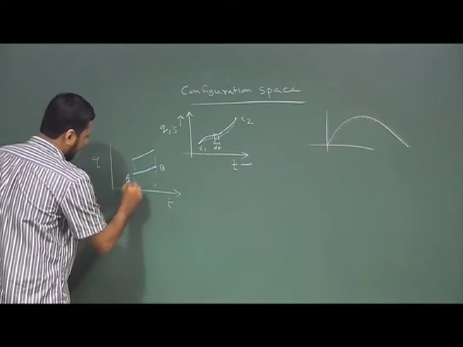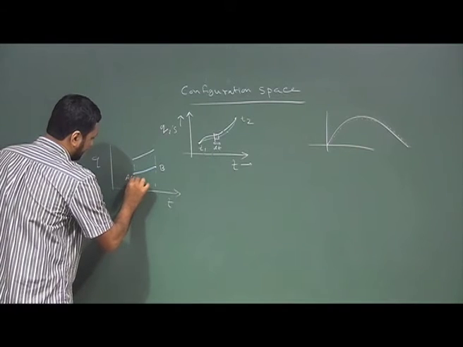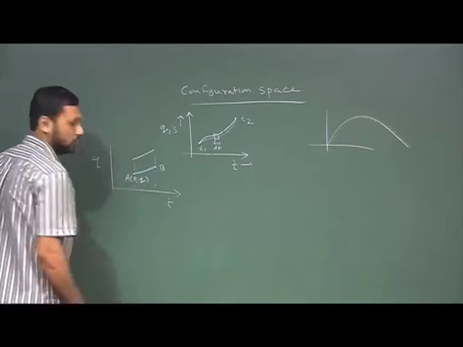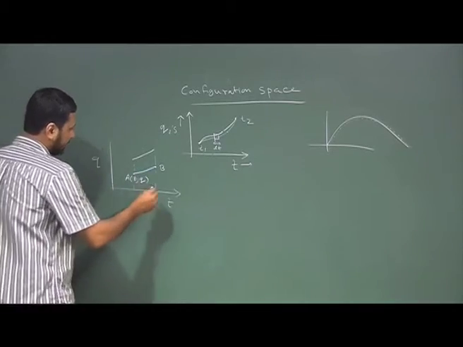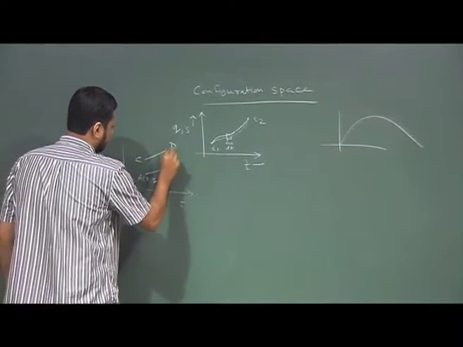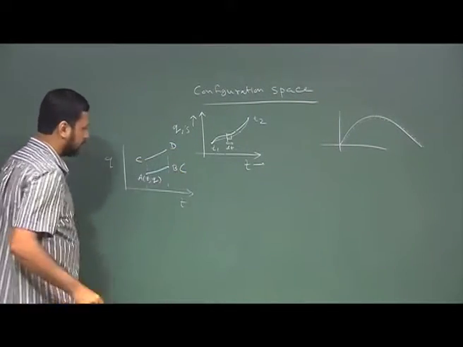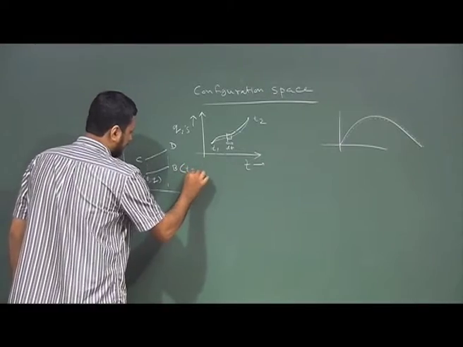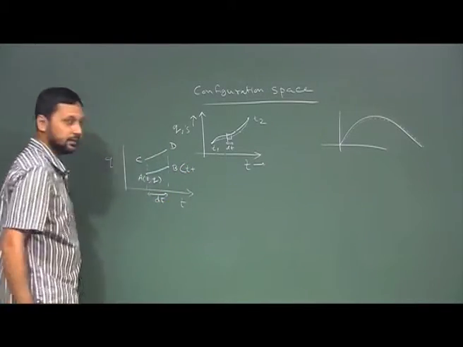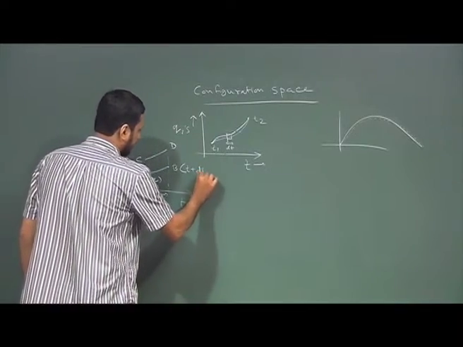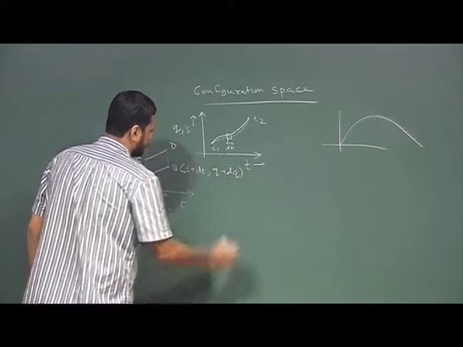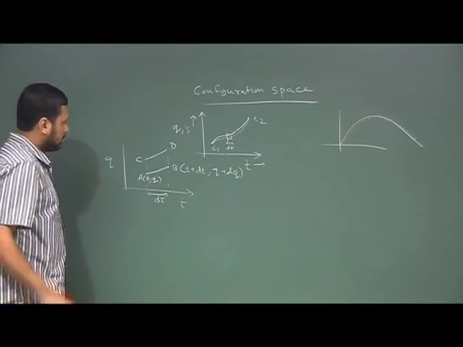Let us say A has a coordinate like we did in the last class, of t and q, right. If that is the case, then we have a point C, we have a point T. So, B will have a coordinate t plus dt, that is the real time displacement, and q plus dq, right.